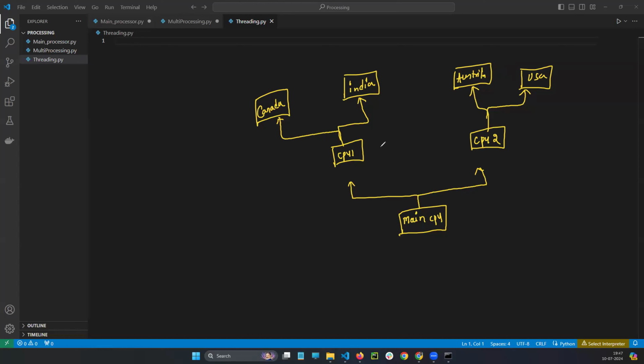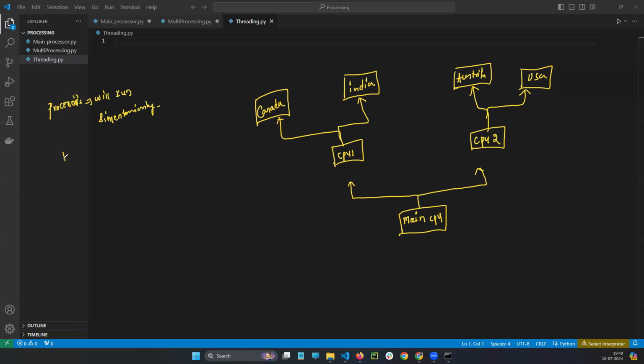let's say CPU1. See, processors, listen to my words very carefully. Processes will run simultaneously.